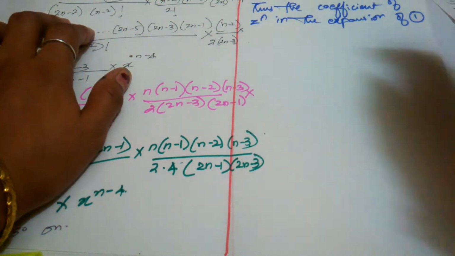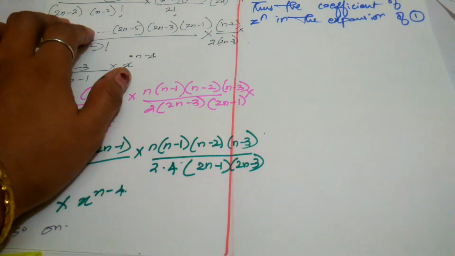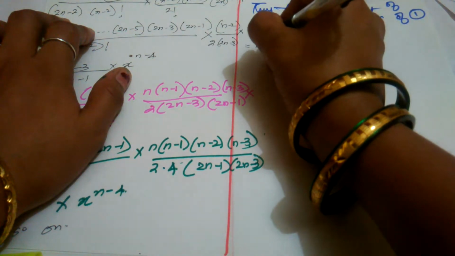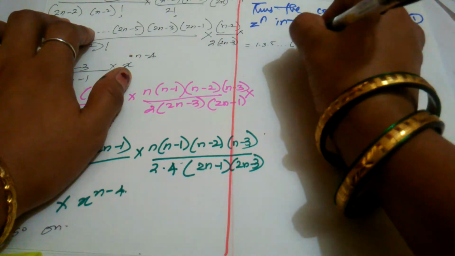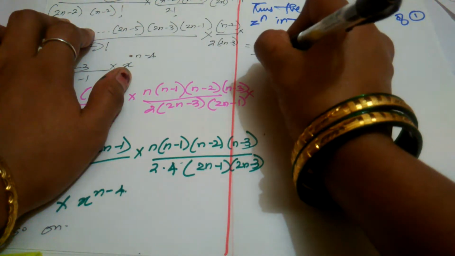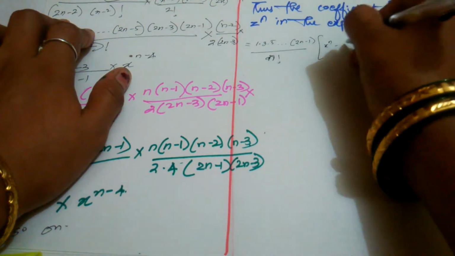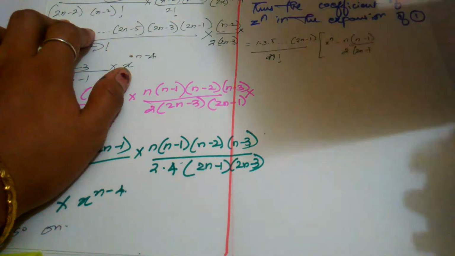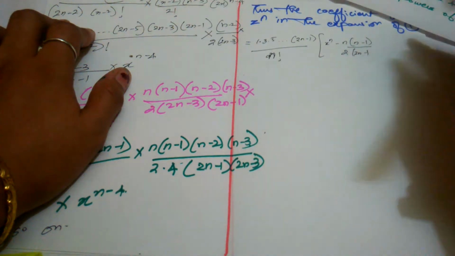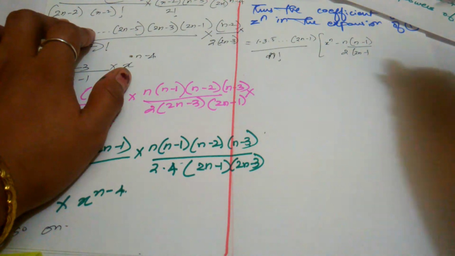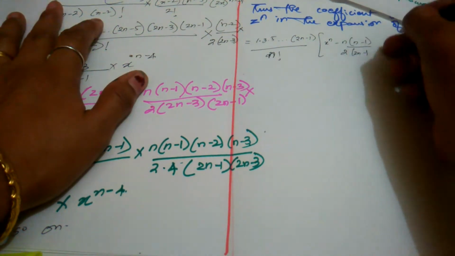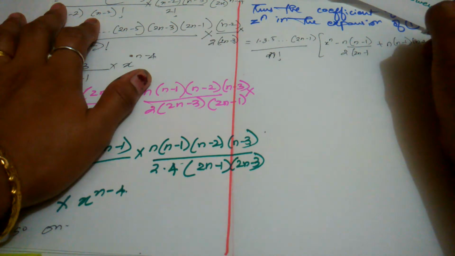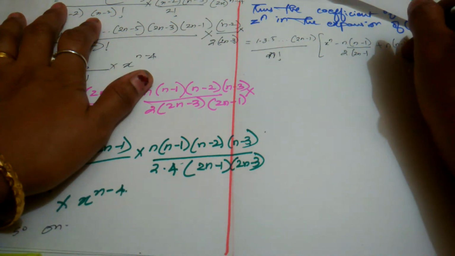So what we will get it is equals to 1 into 3 into 5 2 of n minus 1 divided by n factorial into x raised to n minus n of n minus 1 upon 2 of 2n minus 1 2n minus 1 plus n of n minus 1 into n minus 2 n minus 2